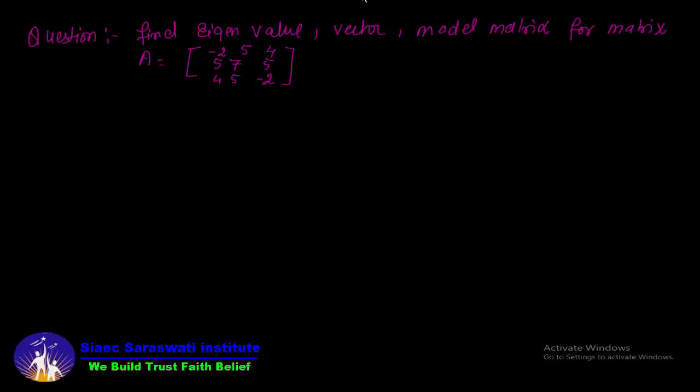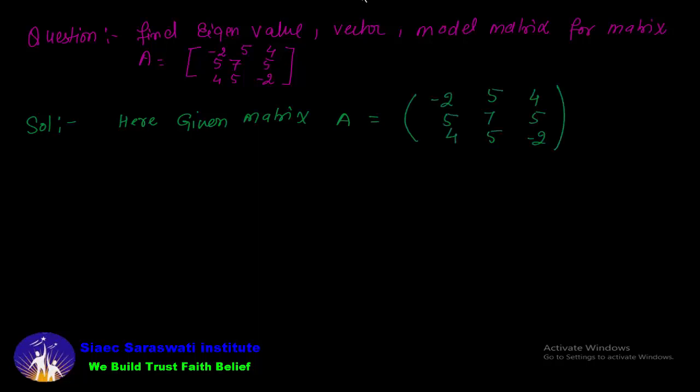आज मैं एक और प्रॉब्लम डिस्कस करने वाला हूं: आइगन वैल्यूज, आइगन वेक्टर और मॉडल मैट्रिक्स पे। यहाँ पे एक मैट्रिक्स A दी हुई है जिसके एलिमेंट रो वाइज -2 5 4, 5 7 5, 4 5 -2 हैं। तो देखते हैं कि इस गिवन मैट्रिक्स की आइगन वैल्यूज, आइगन वेक्टर और मॉडल मैट्रिक्स क्या हैं। सबसे पहले सॉल्यूशन में, एज यूजुअल, जो भी गिवन वैल्यू है उसको नोट डाउन करेंगे। सो हियर द गिवन matrix A is equal to -2 5 4, 5 7 5 and 4 5 -2।